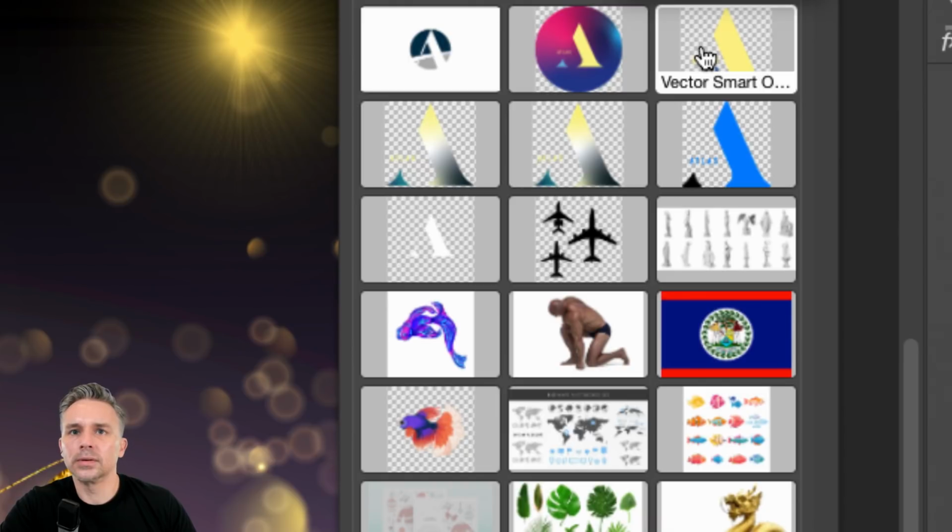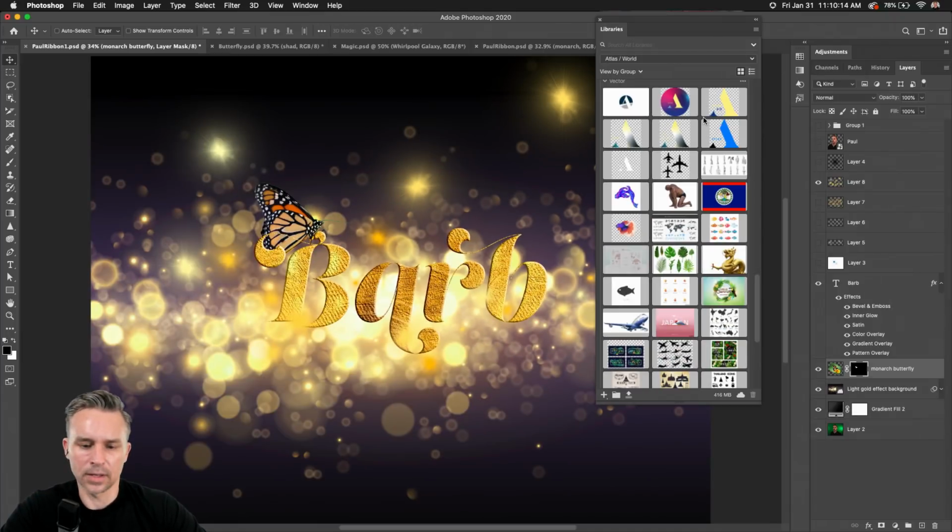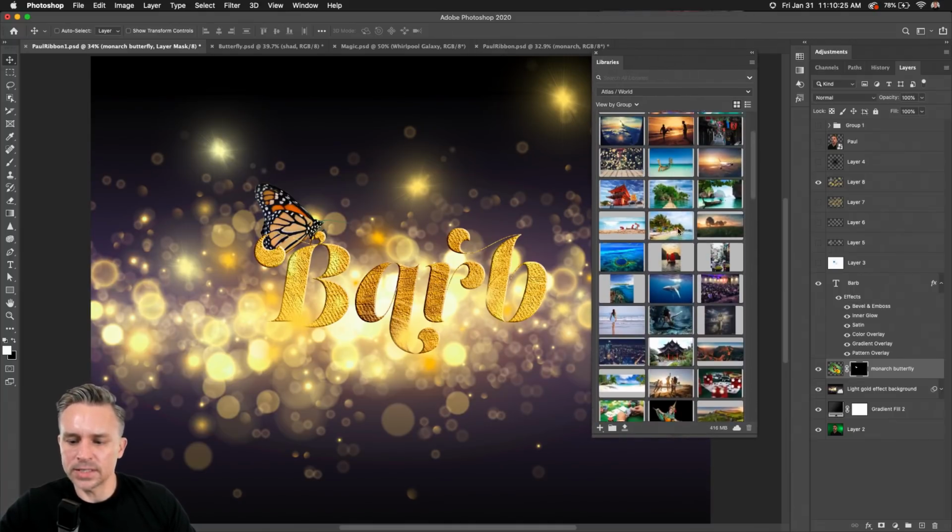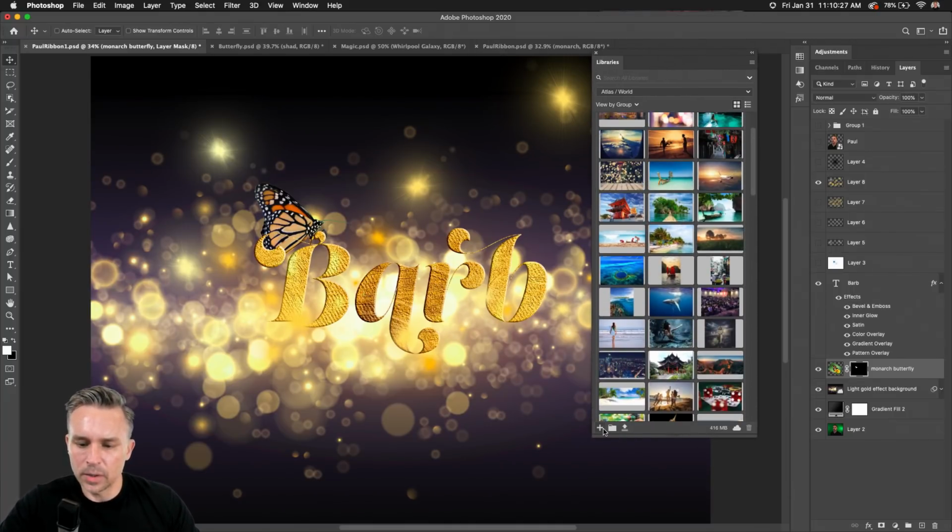Okay. If you end up with some crazy colors and you want to switch back to the defaults, Shift D will switch back to the defaults. All right, let's talk about the library a little bit more, because as we're building this out, we can see this text. I like this text for Barb. We can add this